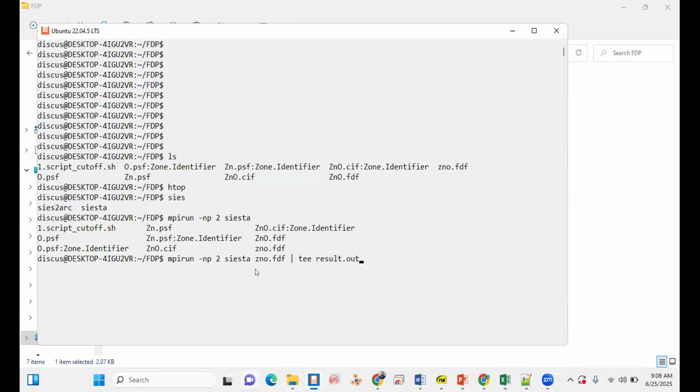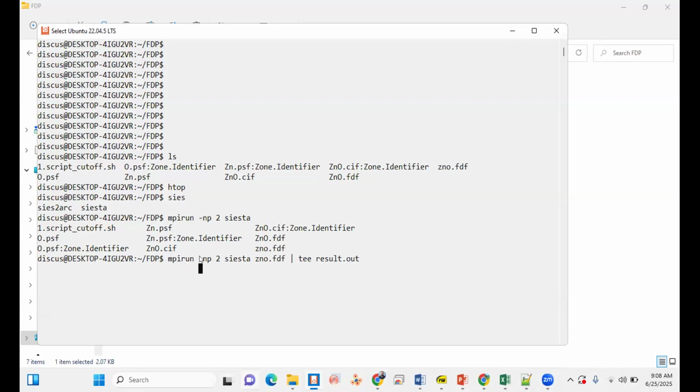dot out. So if I enter, what this total command means: mpirun is basically a program that runs siesta in parallel for the parallel calculation.